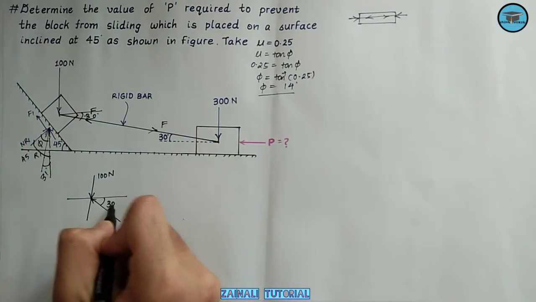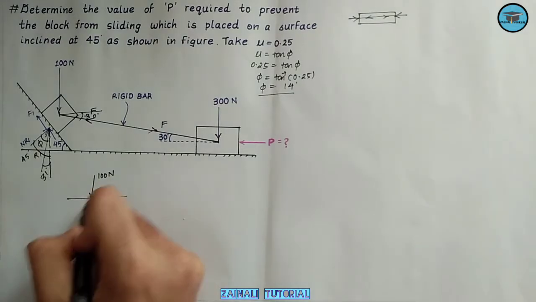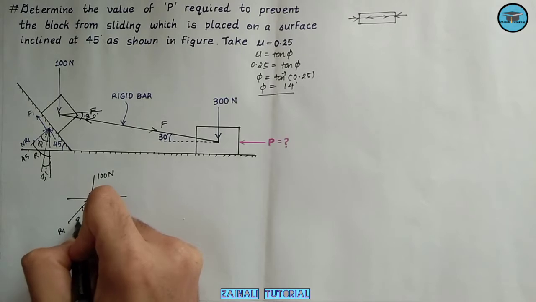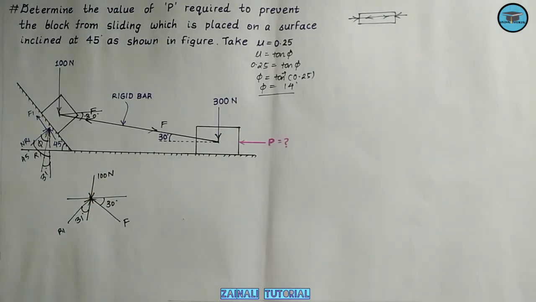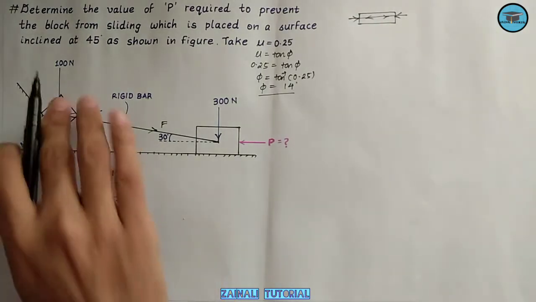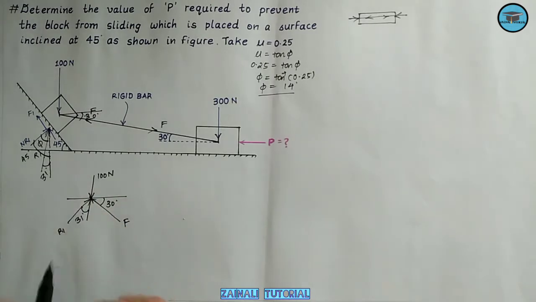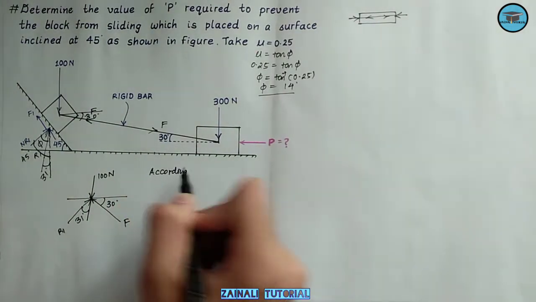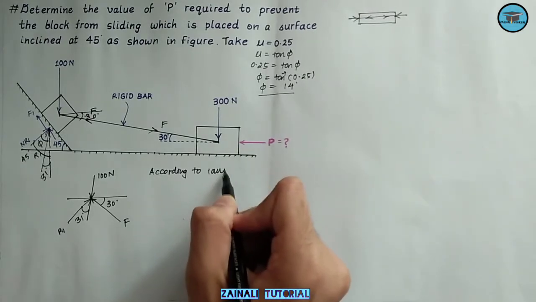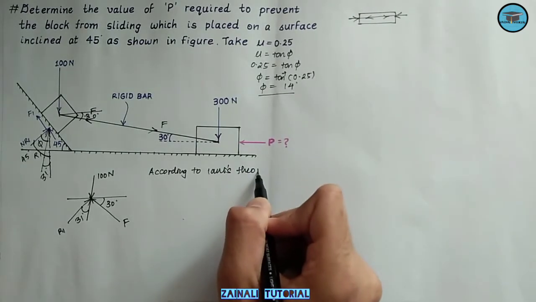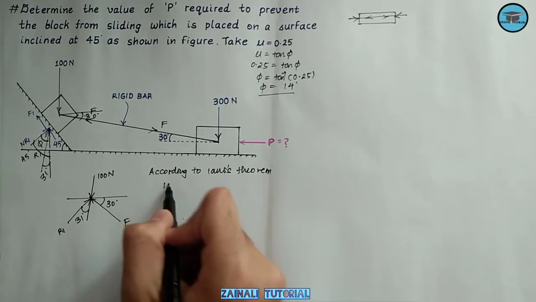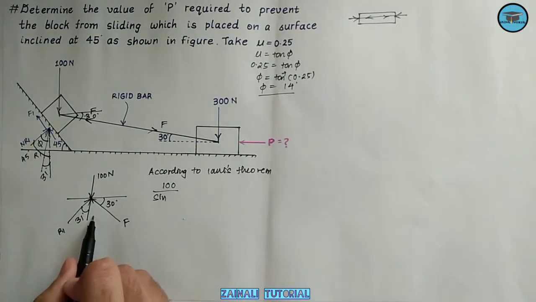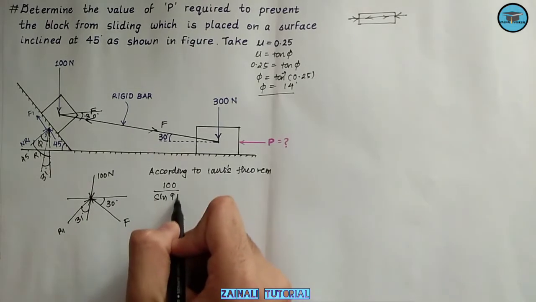So this angle is also 30 degree, and this angle which we have obtained that the resultant makes is 31 degree. Okay, now we will be applying the Lami's theorem as the three forces are of the concurrent nature. So according to the Lami's theorem, 100 divided by sine of angle between these two forces, which is 90 minus 30, 60 plus 31, that is 91 degree,